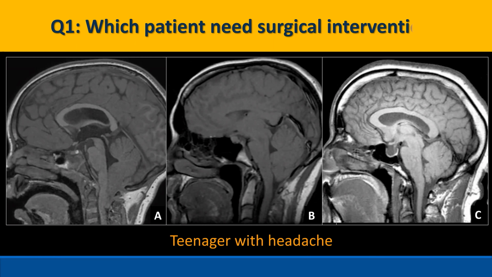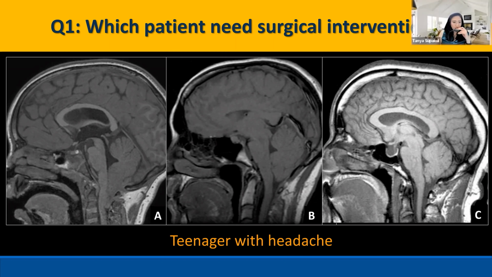So let's see, which patient needs surgical intervention? Well, the first one, looking at the pituitary, looks like a normal pituitary bright spot in expected position. So normal patient. B looks like the tonsils are a little bit low, maybe there may be tonsillar ectopia, but nothing too concerning. The C, though, looks like we have an expanded sella, partially empty sella. Maybe the tonsils are a little down. It looks like the pre-pontine cistern is effaced. So I think C would be the answer.